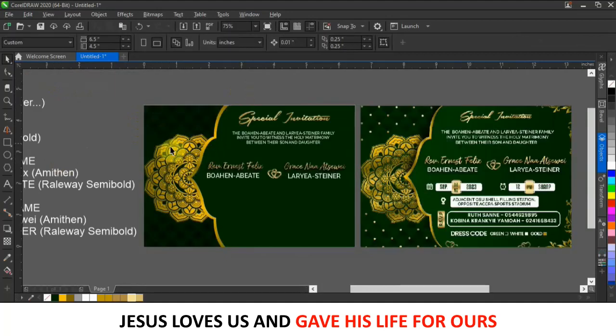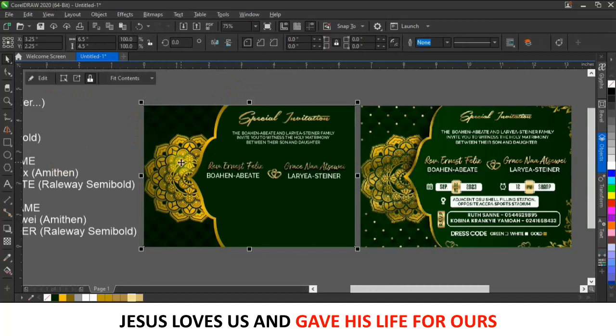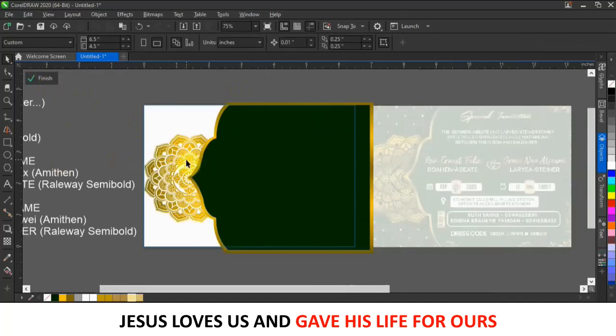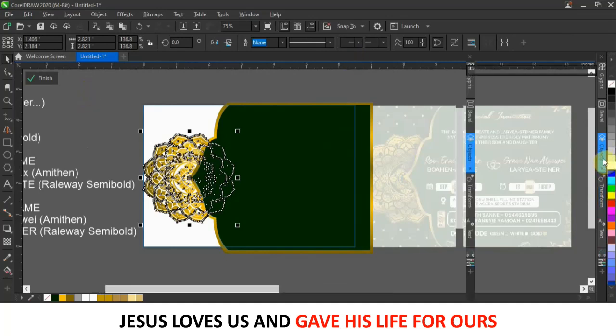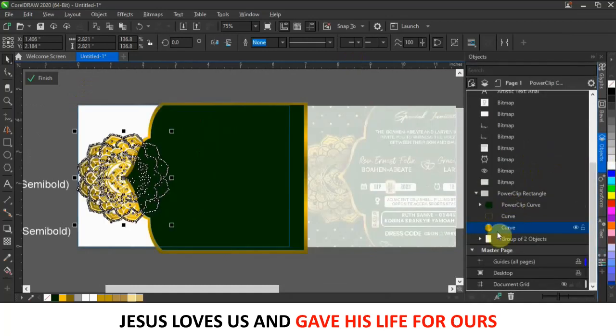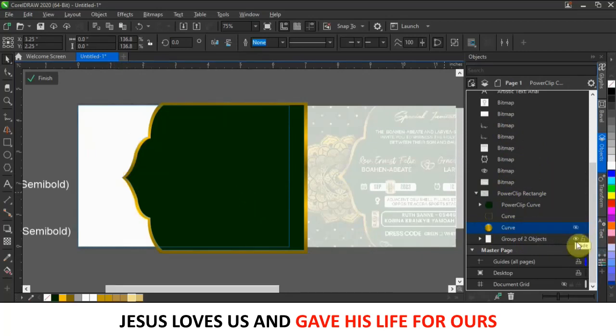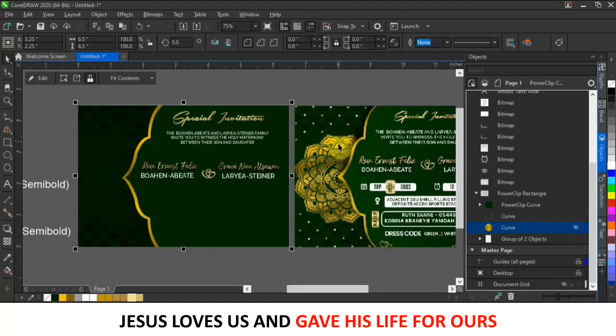Okay, but then I need to remove this flower background here, so I'll go inside the PowerClip again. I'm just going to click this one. Now I can hide it. For those of you who don't know that CorelDRAW also has layers, I'm going to open my layers. Okay, so I'll come to my layer here, my object here, and then I'm just going to turn off this layer. Okay, so when I'm done I'll come back and turn it on. So you see the eye here, it's just like Photoshop. Okay, this one too, you can group layers, you can turn off, you can turn on, and you can also lock. So I'm just going to turn off this one here, and then it will just go off. So I can just click on finish. Now I have